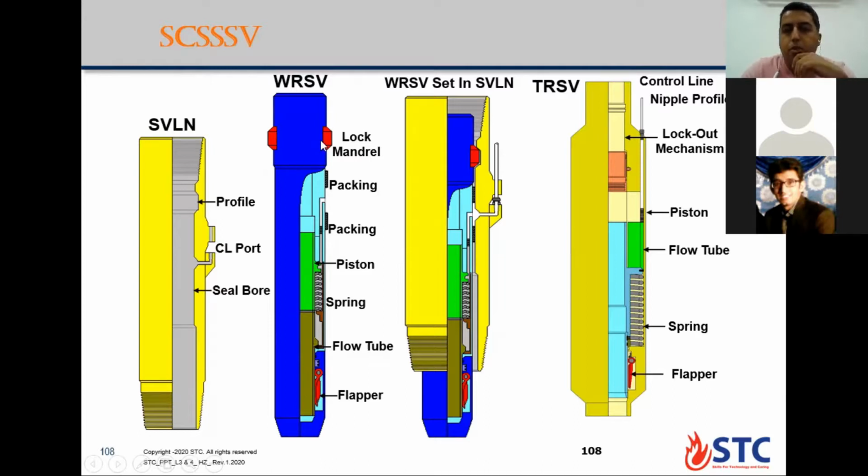You have something called a prong. The prong is something like a bar. You sit it in the surface with a slick line to keep this flapper in open position. Okay, and you run inside the well. After you set it in its place, you run a slick line with a pulling tool, so you retrieve the prong from inside